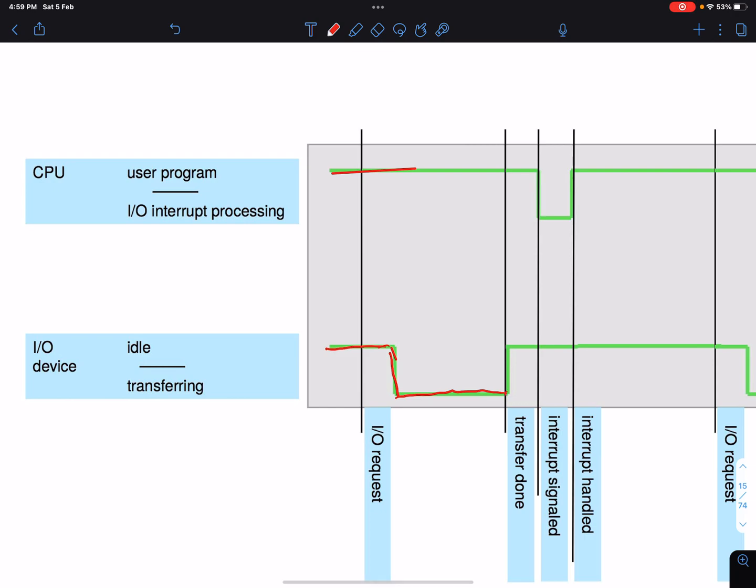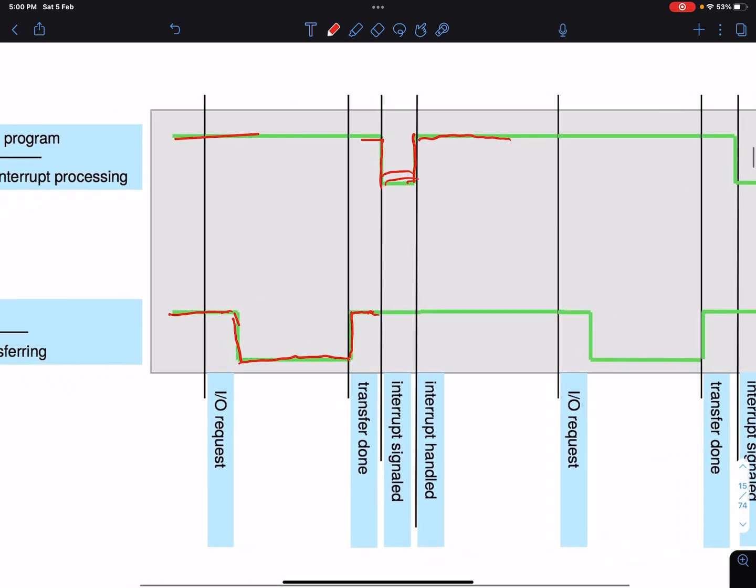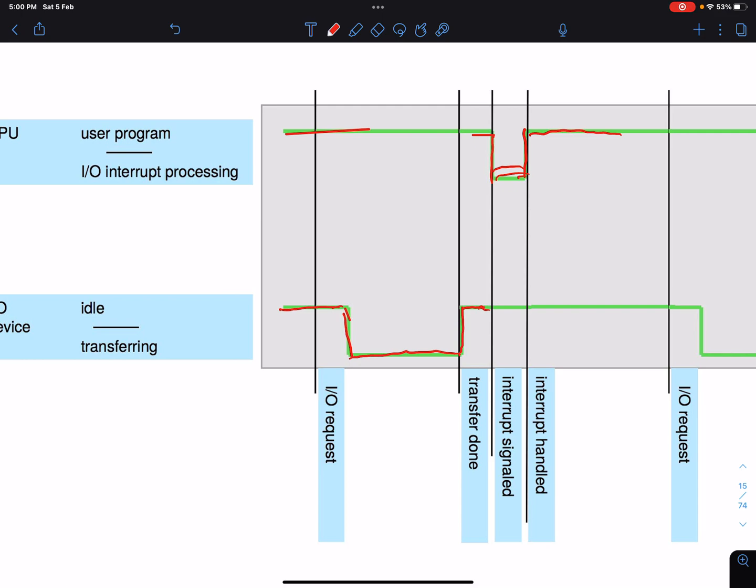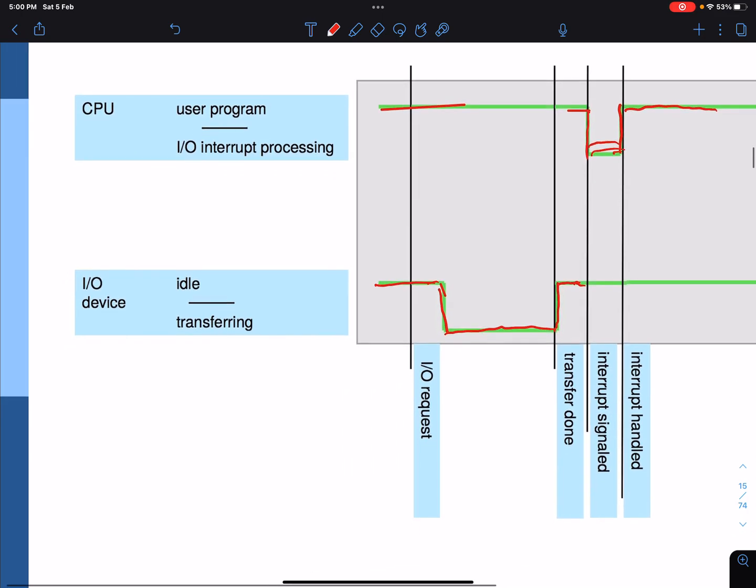When the transfer is done, you go back to idle, and the user program gets signaled by the interrupt, and then it starts handling the interrupt again, and so on and so forth. So it's a kind of coordination between the I/O device and the CPU.